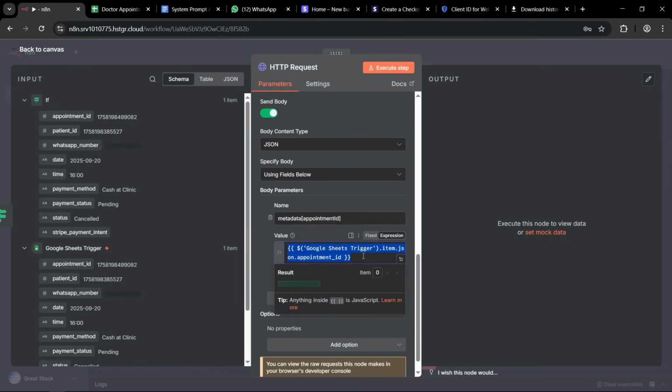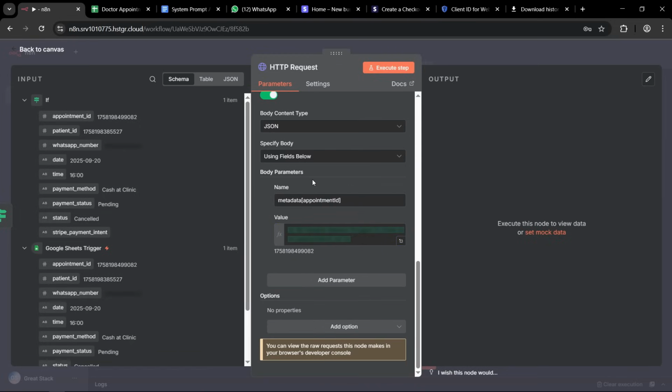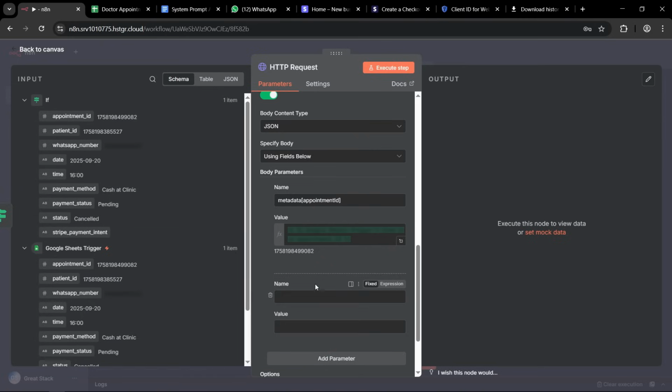So we have provided this expression using drag. So it will provide the appointment ID, and using this appointment ID we will generate the payment link. This appointment ID will be added in the metadata appointment ID property. After that, for this session, let's add another parameter. So click on this add parameter, and here we'll add the line items, and in this line items we have